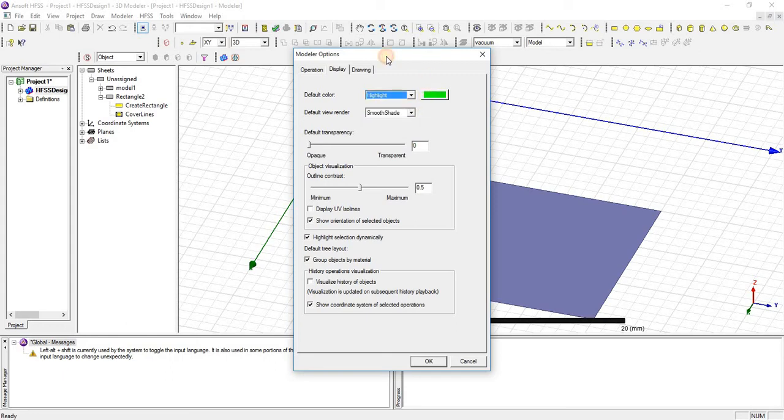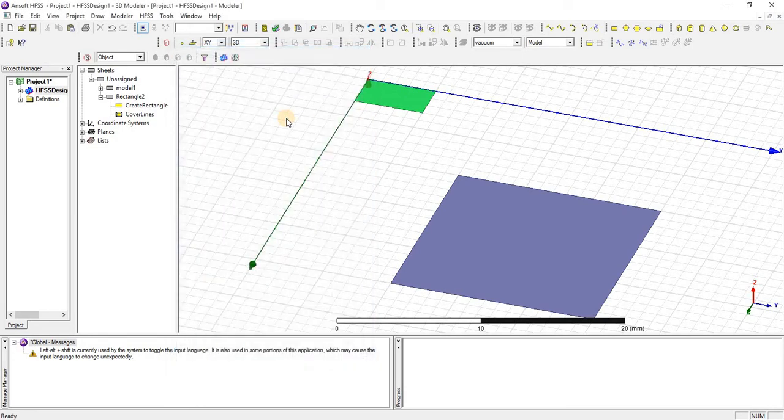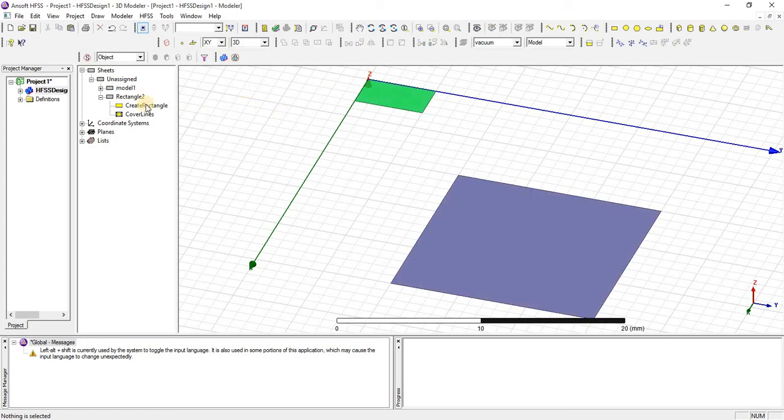When highlighted, we have assigned this color. Similarly, you can change the colors for when it is selected and when it is not selected. You can change all those colors.